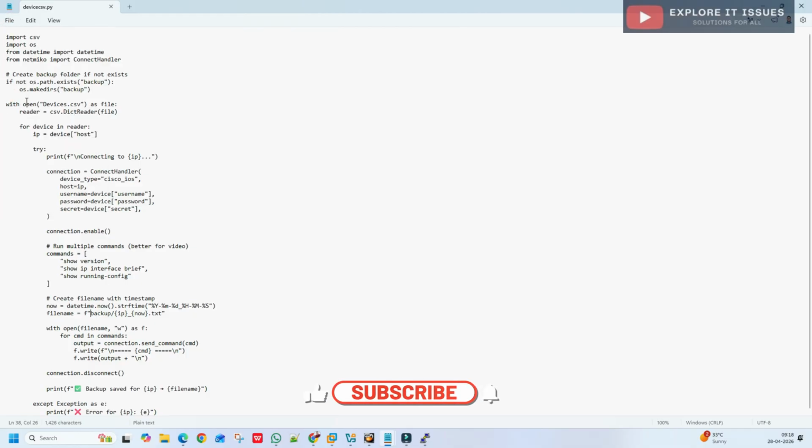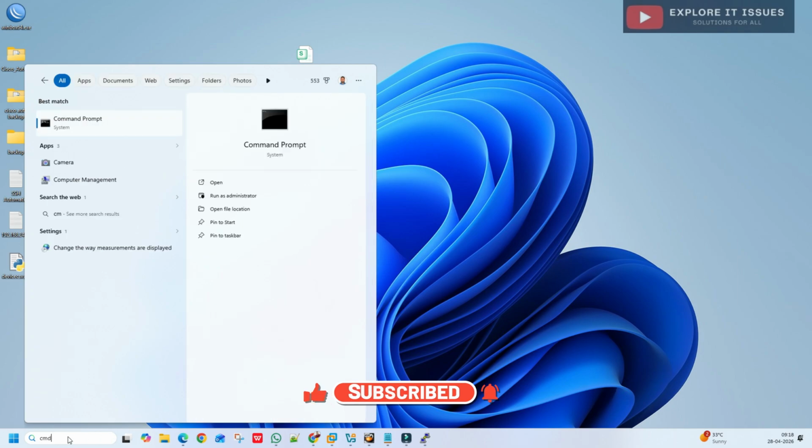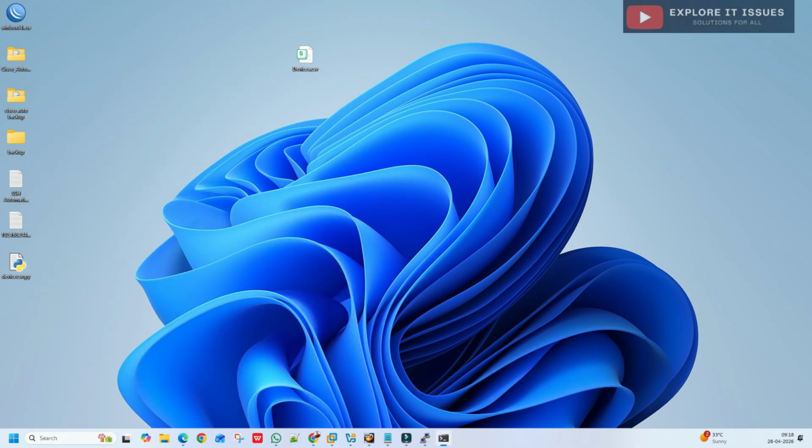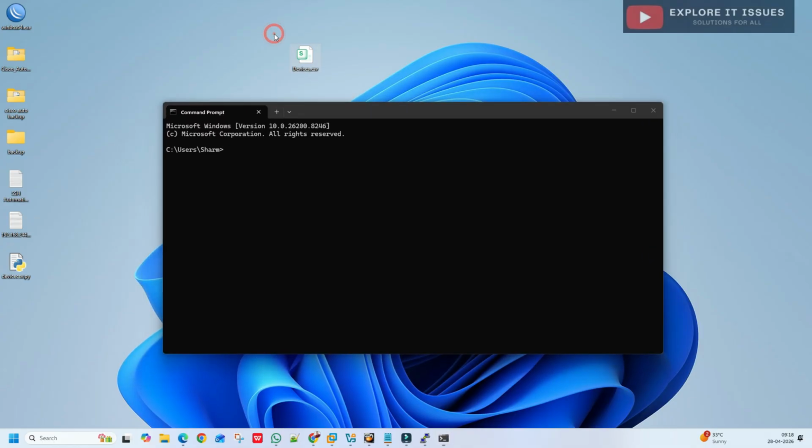So I'm going to save, and once we have done this, I go to the CMD. In the CMD we need to go to the desktop directory, because this file is on the desktop, so I type cd desktop and enter. Now I'm on the desktop and run this file using Python: python devices.